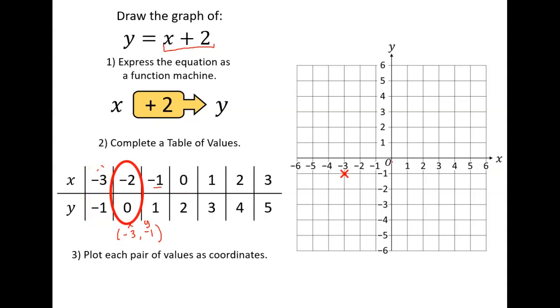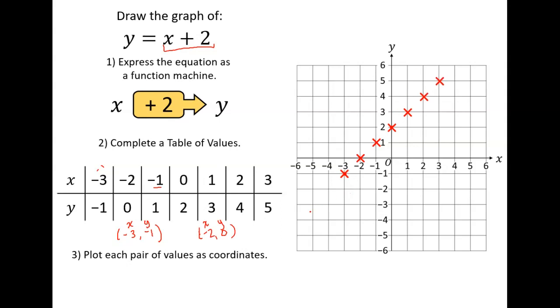Then we'll look at -2 and 0. So x is -2, y is 0. So that's going to be around there, right? Because it's just the same thing. It's -2 and 0. So my x value is -2 and my y is 0. So I'm going to plot that point there. Then I'm going to do the same thing for the next one. So I have -1 and 1. So this is x equals -1 and y equals 1. Then I'm going to go to 0 and 2, which is going to be here, right? And then I'm going to go to 1 and 3, 2 and 4, and 3 and 5, and those are